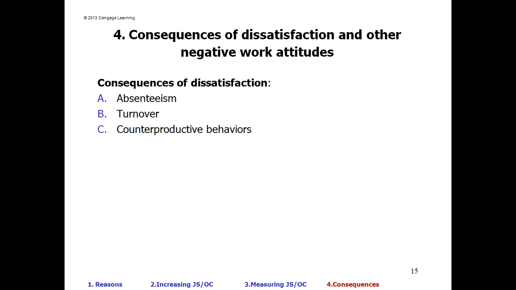So here the textbook also talks about some of the consequences of how the employees behave when they are not satisfied, and other negative attitudes in their behavior in any job. Now, the consequences of dissatisfaction could be absenteeism, turnover, as I just explained to you about absenteeism and turnover in the last slide, and counterproductive behaviors,